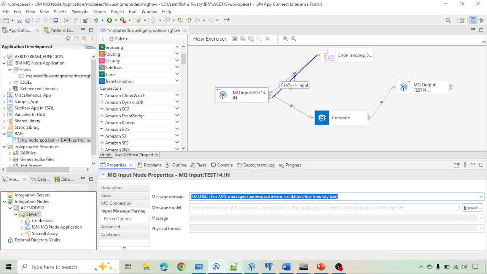Okay, so that's the difference between the failure and the catch terminal. That thing was already explained to you in great detail, so I don't want to explain it again. Okay, now let's understand the